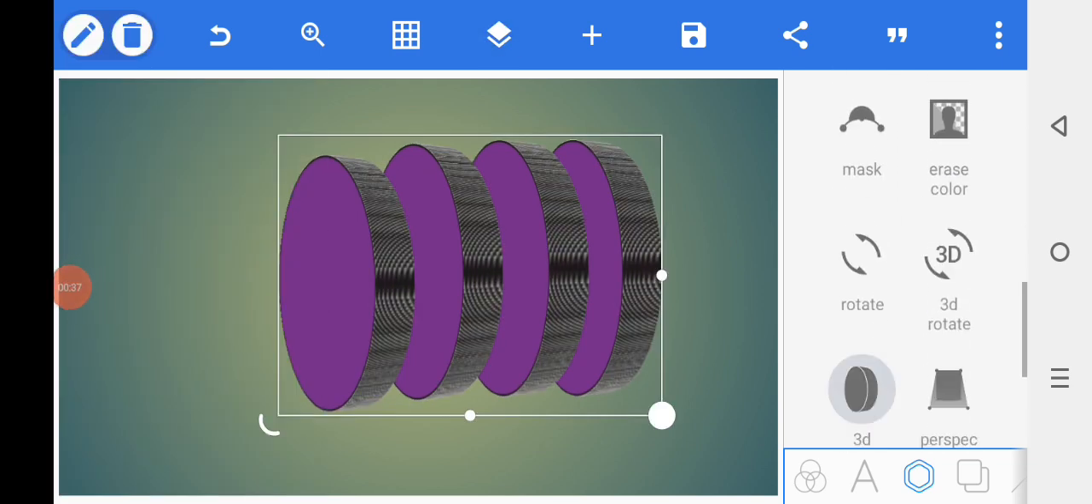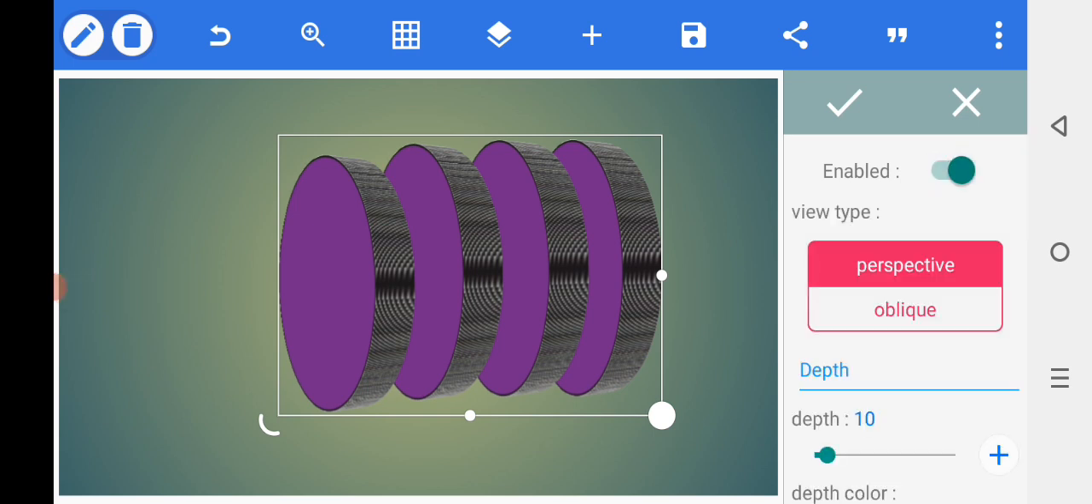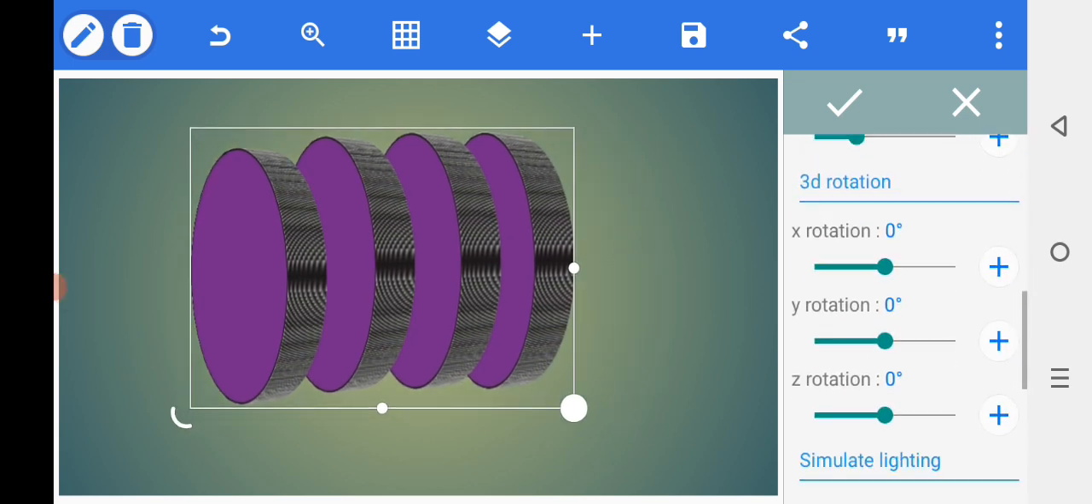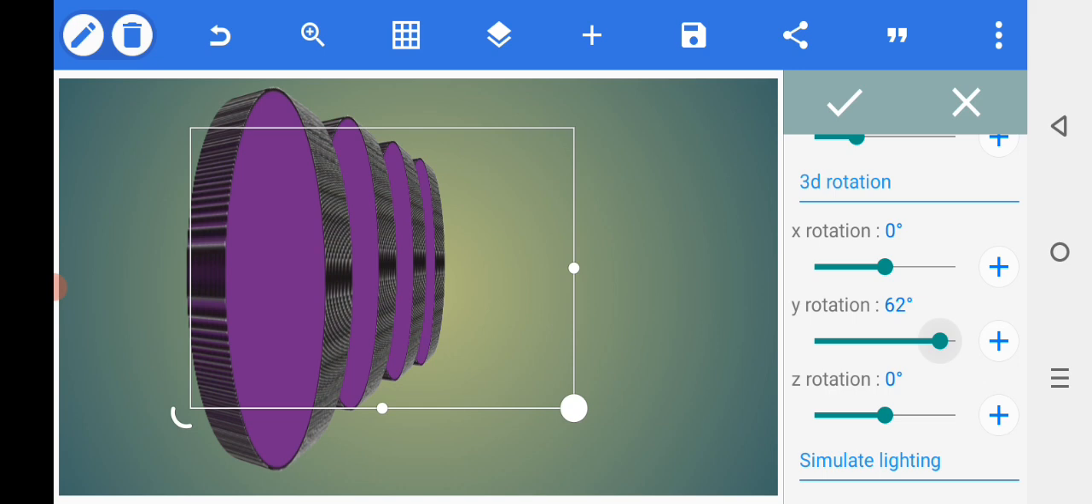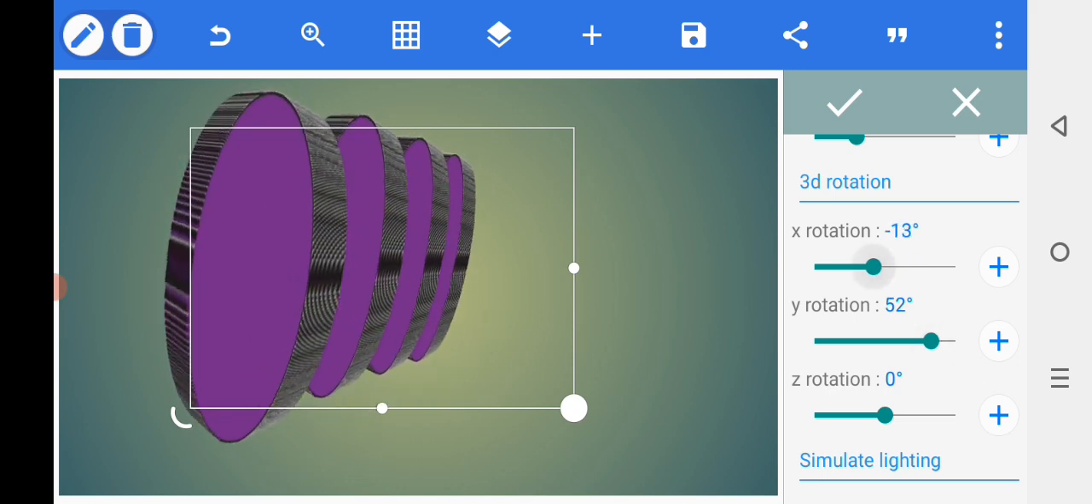shape, enable button on, select the Y rotation, X rotation,